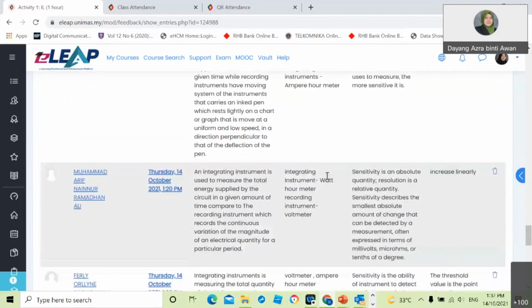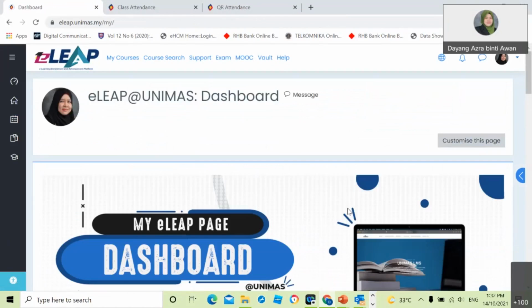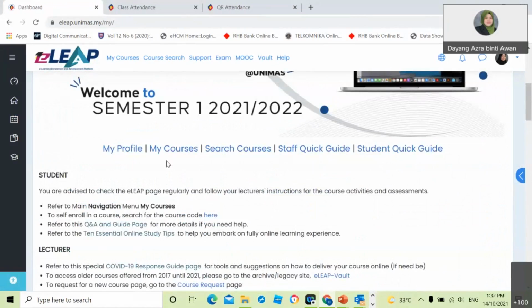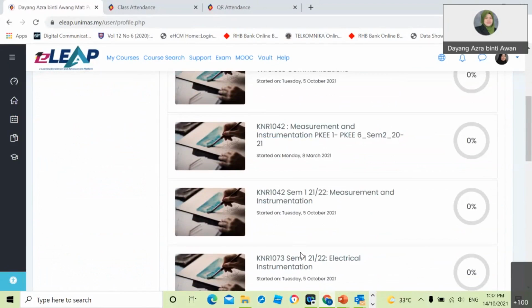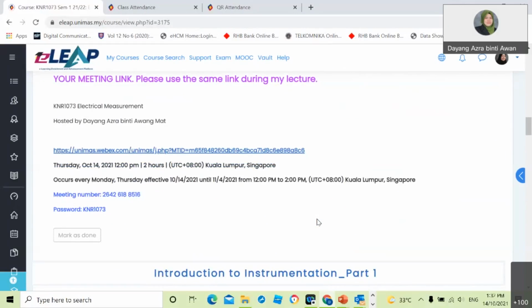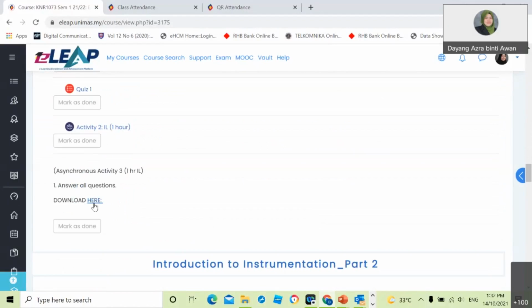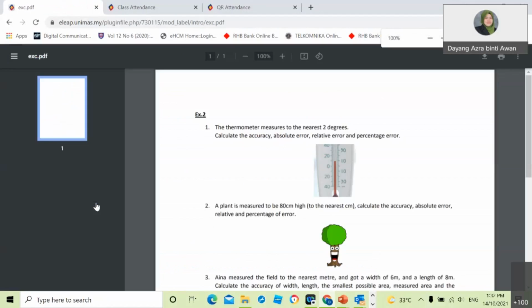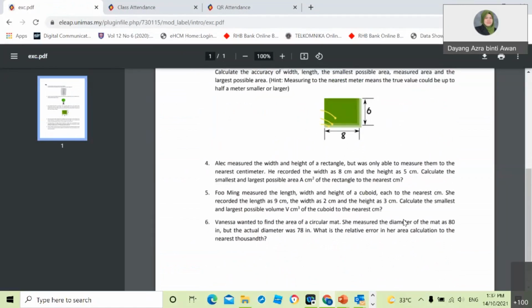Okay, so those who have not finished yet, you can finish your task. And then another one is your take home. If you already finish, you can proceed with other activities. I will give the answers during our class on Monday. So here are your activities. This one. So please try to calculate it and find all the answers.